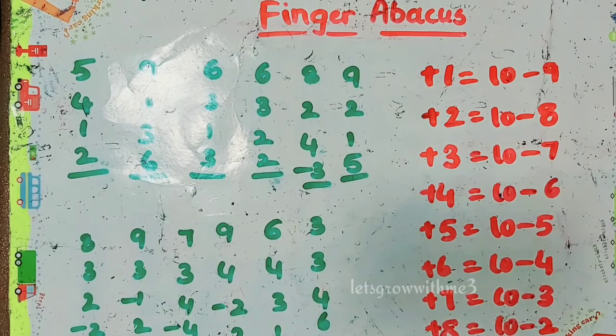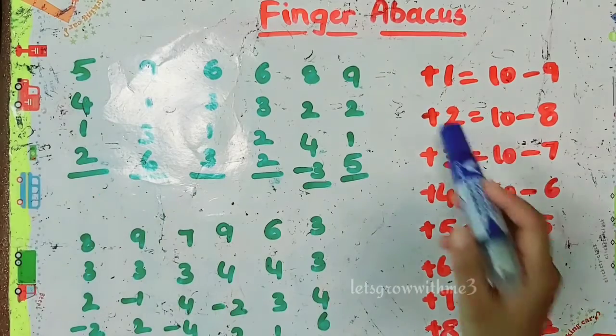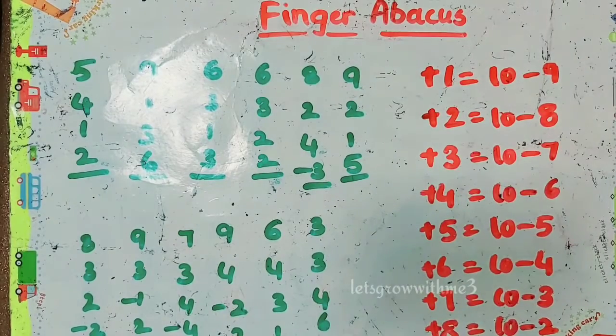Suppose for example, if we take the first one, plus 1 is equal to plus 10 minus 9, means actually if you add 1 and 9 we will get 10. Then we will call the big friend of 1 is 9 and the big friend of 9 is 1. We can also call it as complementary number: the complementary number of 1 is 9 with respect to 10, and the complementary number of 9 is 1 with respect to 10.